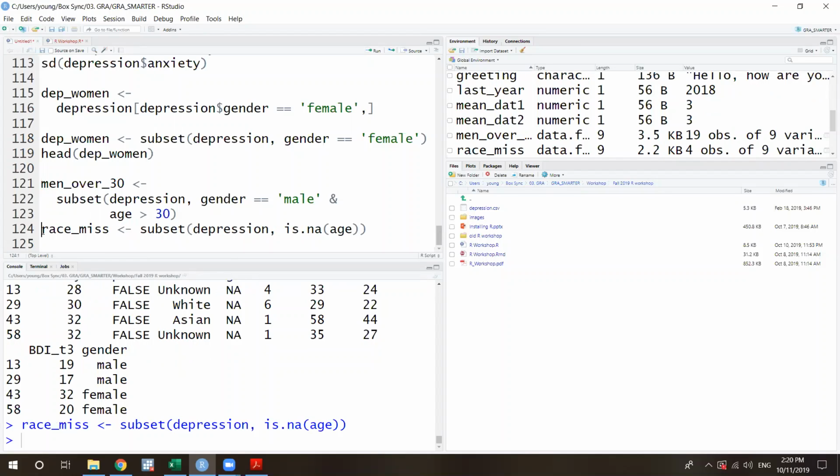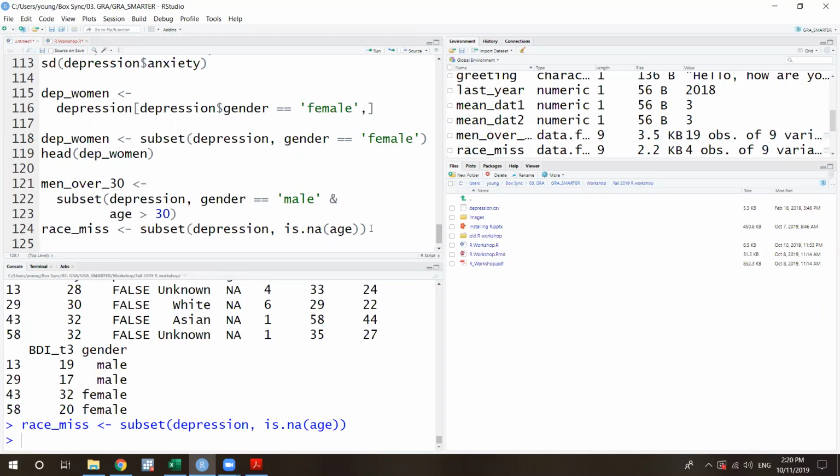Okay, this is how you deal with missing data: is.na. Really useful and easy to forget, so try to memorize it. There is something called is not in this slide, so you can just go back and check it.